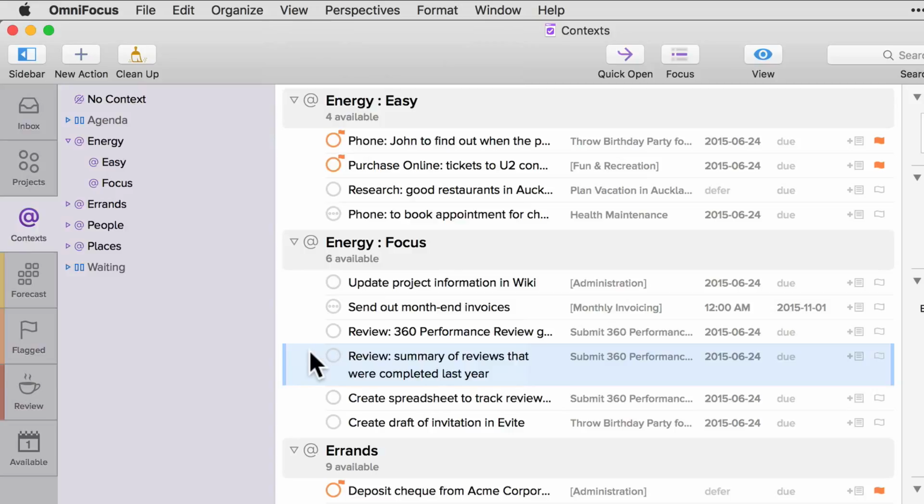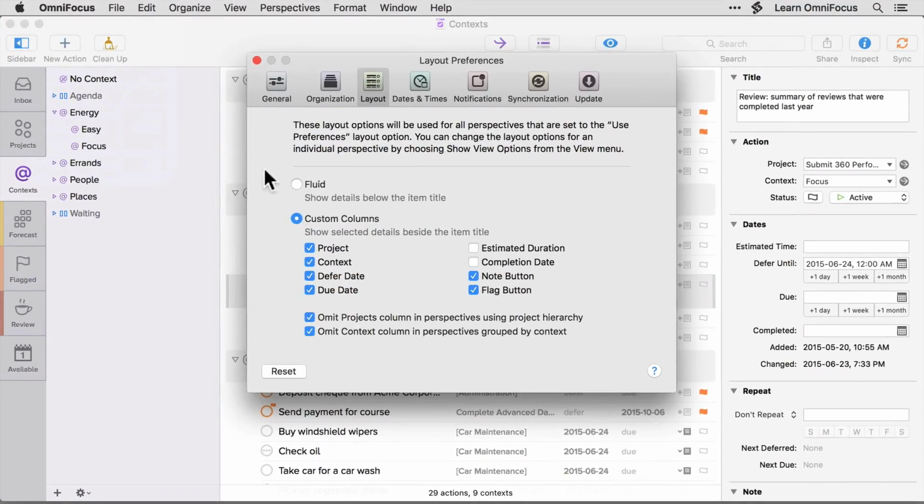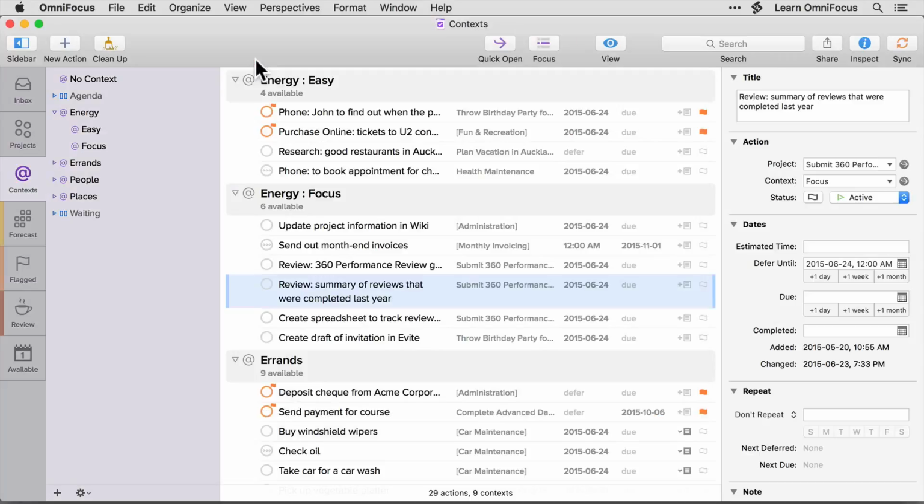If you'd like to go back to the Fluid Layout option, simply open the Preferences dialog and choose Fluid from the Layout tab. If you're using the Standard edition of OmniFocus, the layout option you specify in the Preferences dialog will apply to all perspectives. I'll close the Preferences dialog for now, and we'll look at some options that are available in the Pro edition